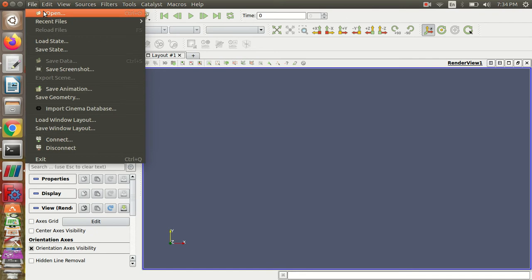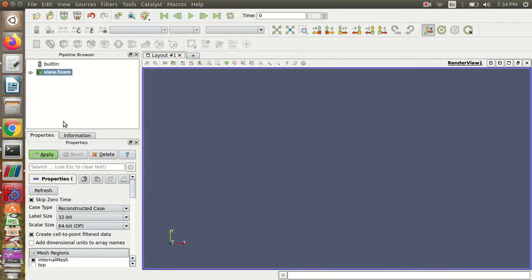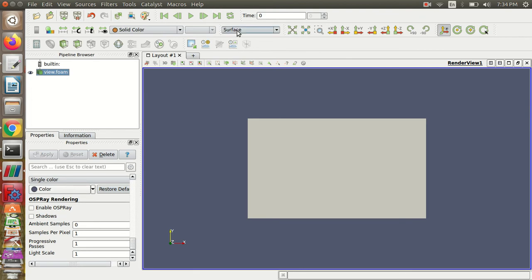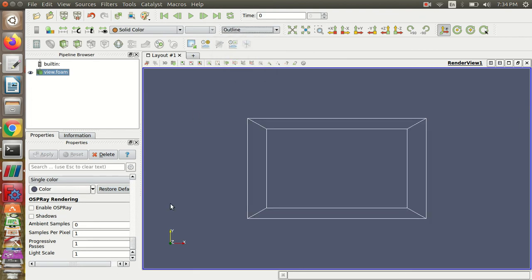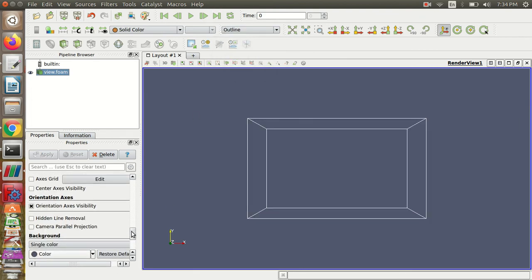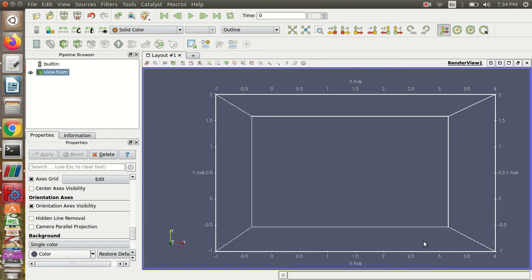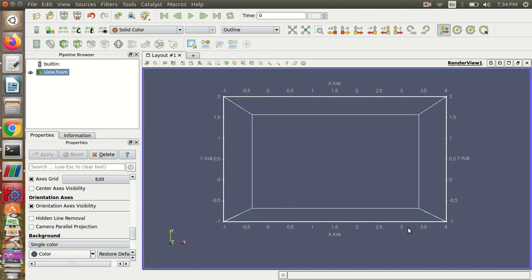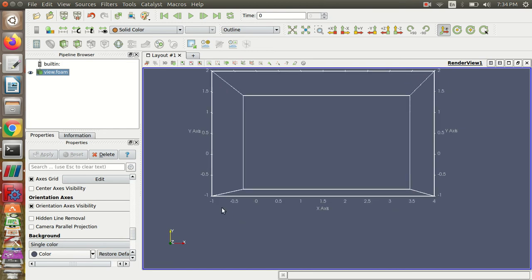Please don't mind, this is for your understanding. I'll also keep the data axes grid on. Whatever we did for the mesh is for the block mesh, right? As of now we did only block mesh.